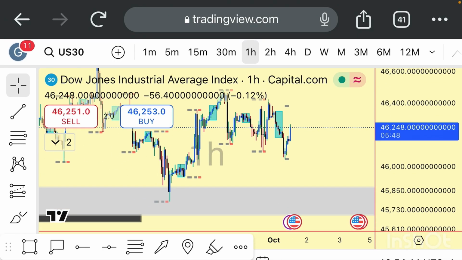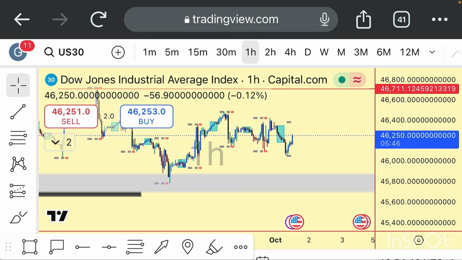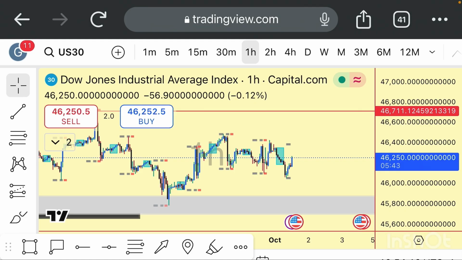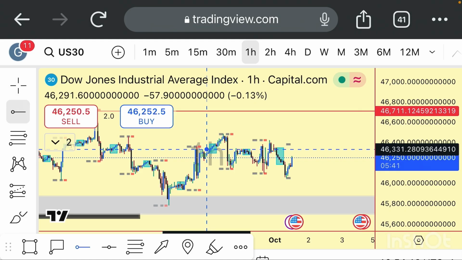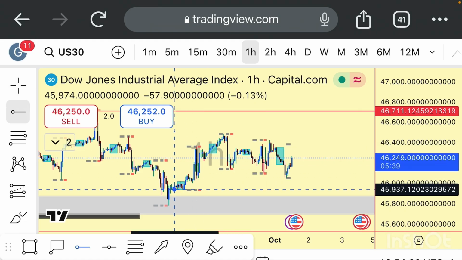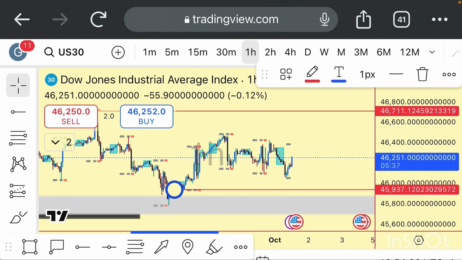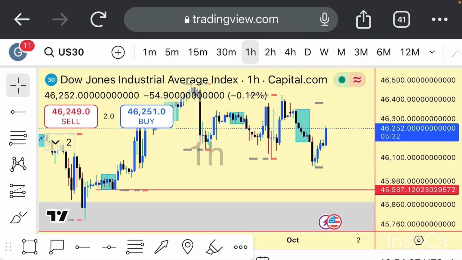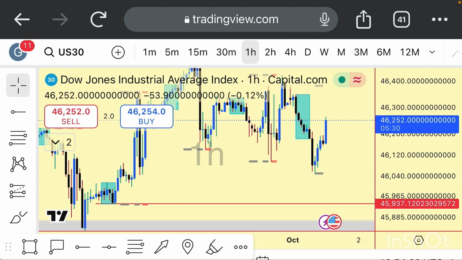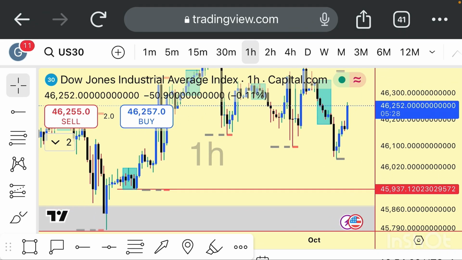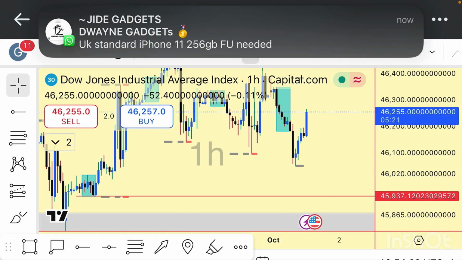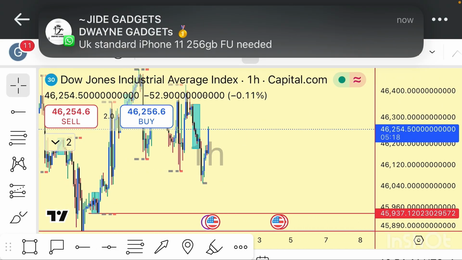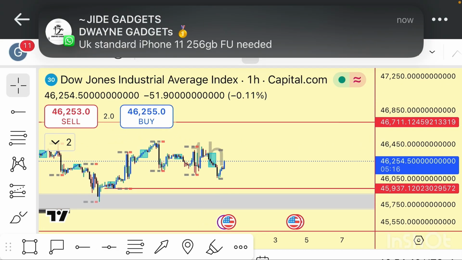That is the Asian low liquidity resting below here. If I should show you guys what I mean, you can look at this point here, there is liquidity there, right? So I would like to see the market take out this particular low before I see a proper move. This is just my own speculation, right? This particular low here is a very huge liquidity. If the market grabs it, then there is a high chance of this market going my way. So that is just what I have analyzed so far, and I'm waiting to see the outcome.